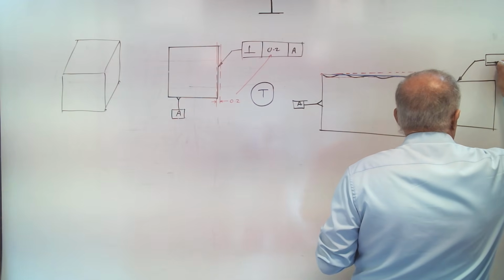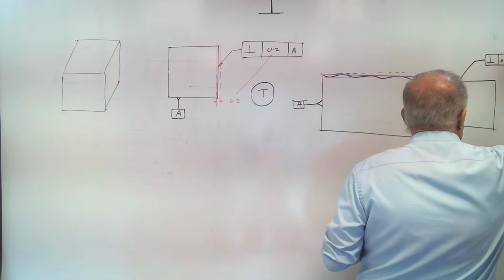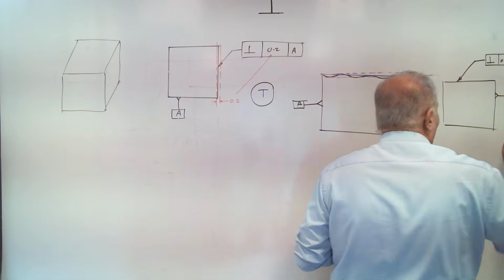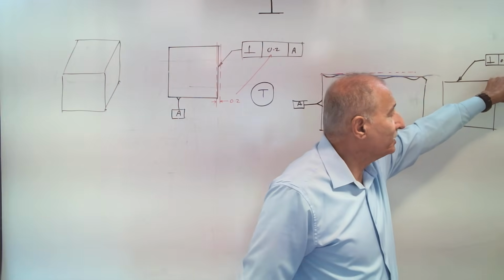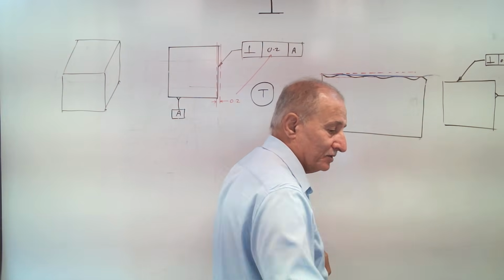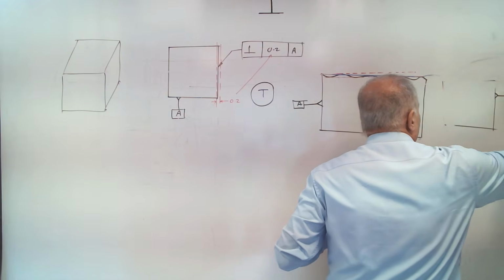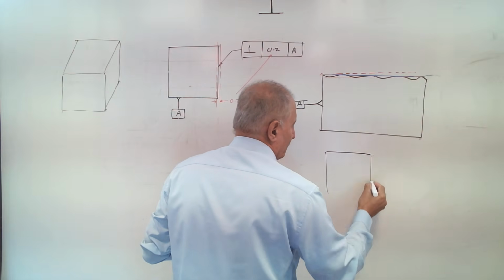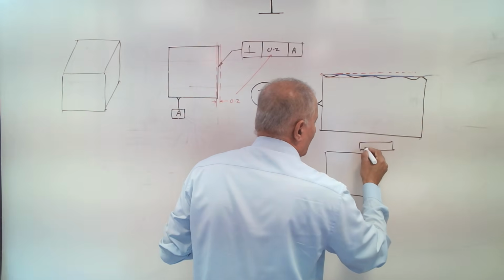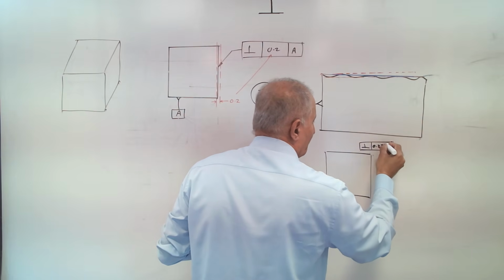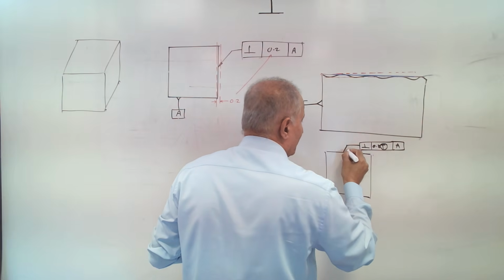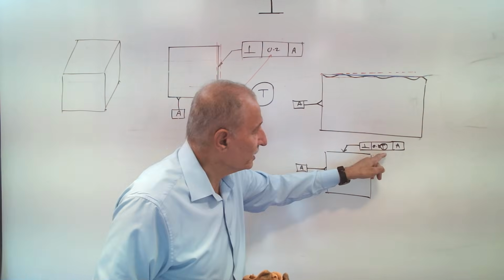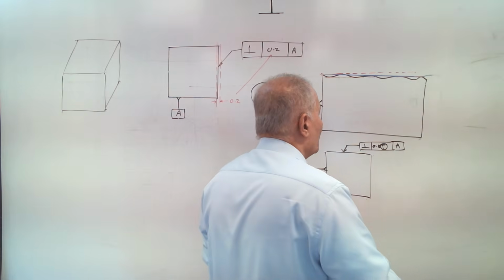Perpendicularity applied here, 0.2, T modifier, with respect to datum A, and you can choose this right side or left side surface as datum A. Sorry, I show it in a different way: if the perpendicularity is applied to the top plate with respect to A, the left side as datum, in this case you have to use the tangent plane. When you use the tangent plane,